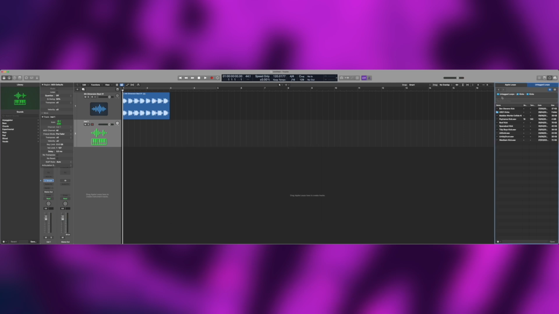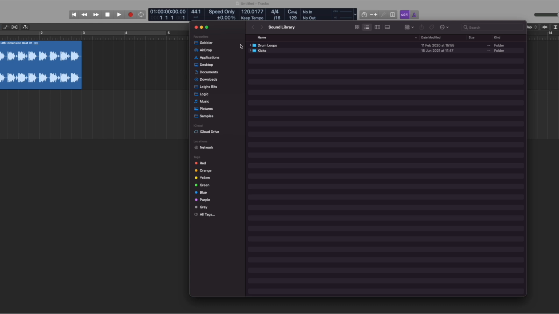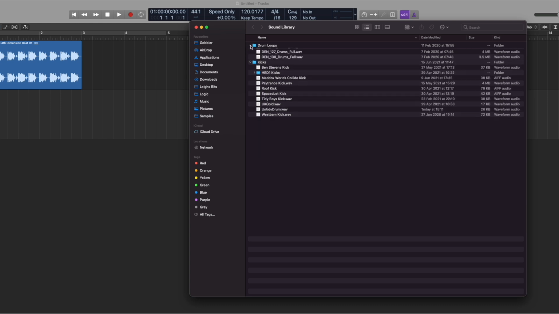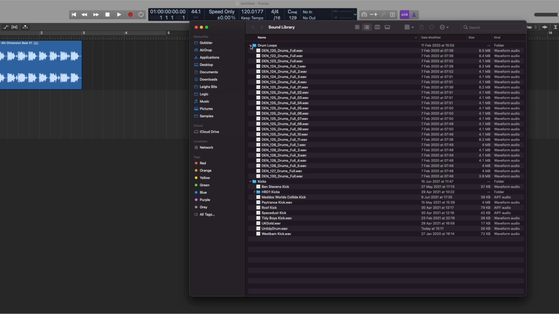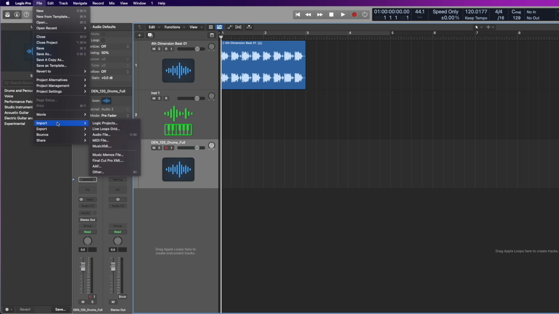Let's look at getting a sound library together for Logic. First, I would create a sound library folder on your computer in a place where you can keep all your sounds and samples. For example, commercial sample packs that you may buy. Once this is done, there are plenty of ways of getting these sounds into Logic. You could simply drag and drop, import a sample,